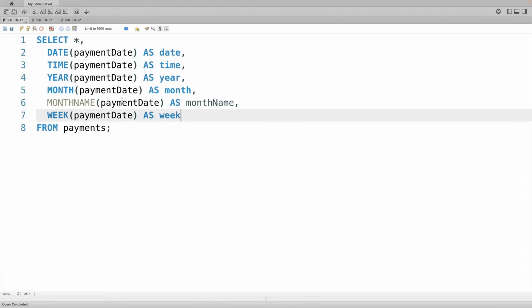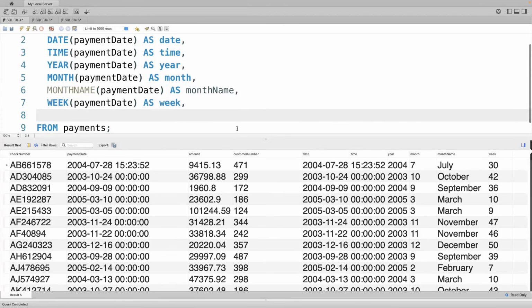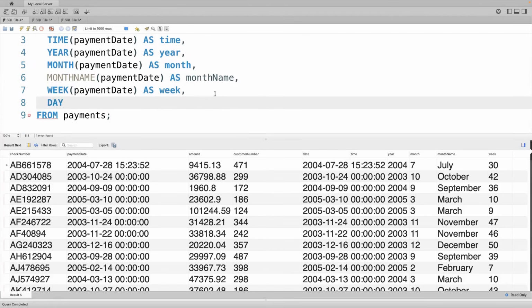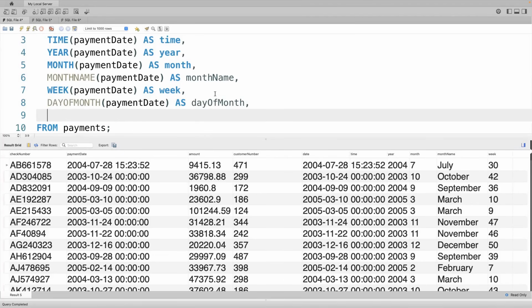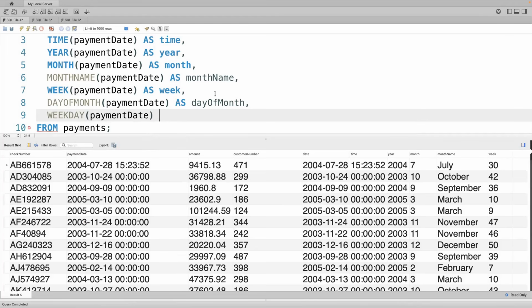So it's pretty intuitive, pretty straightforward. So here you can see now we have 2004, month 7, month name July, week 30. Let's get a few more things. Let's get the day of the month from 1 to 31. So day of month, payment date as day of month. So far so good. Let's get the day of the week. So you can type weekday, and that's going to number the weekdays from 0 to 6. So Monday is 0 and Sunday is 6. So let's say weekday, payment date as